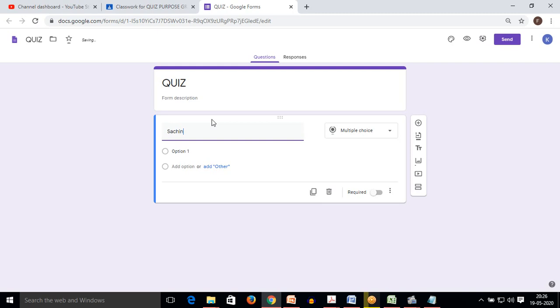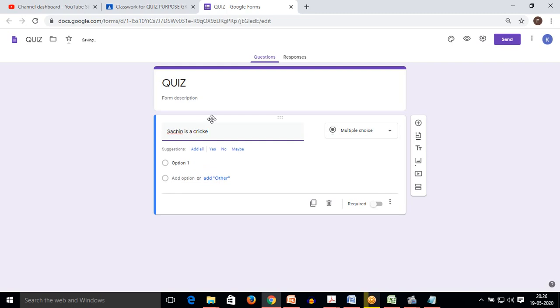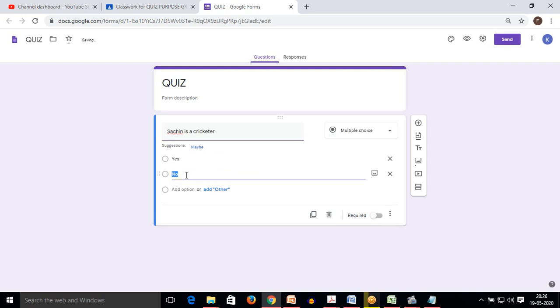Sachin is a cricketer. I'm setting one option as yes, and I'm going to the second option, it is no. It has automatically chosen that.